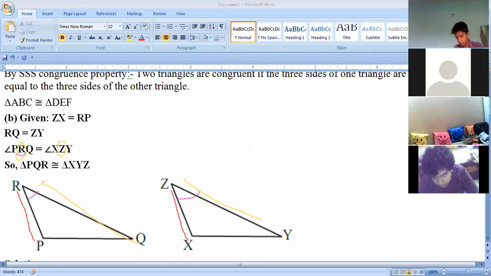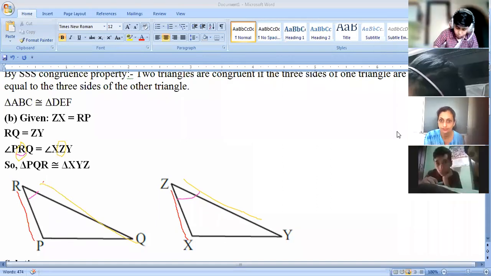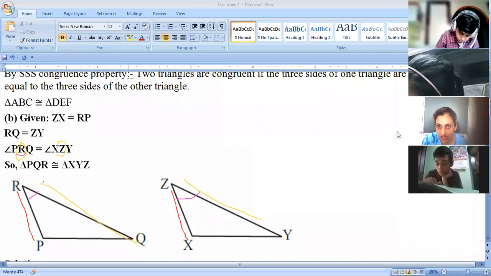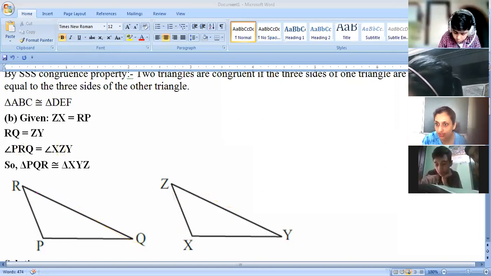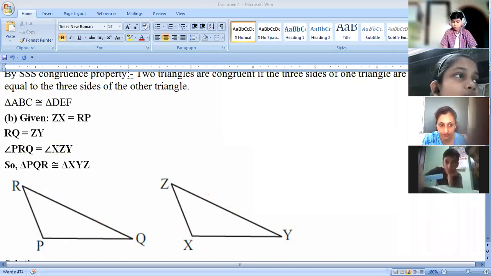If it is one after the other, then the criteria will work. Otherwise, not. Okay? Am I clear, Anand, with this question? Yes, ma'am. Is it clear now? Yes, ma'am. Okay. Avika, read the next one. C part.